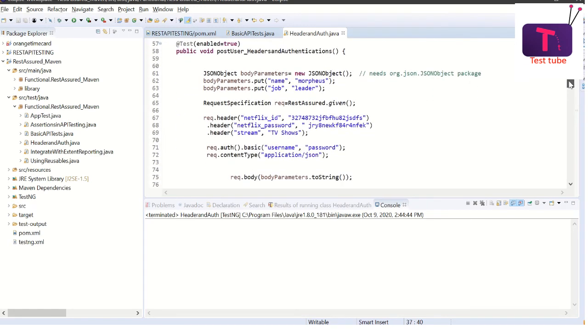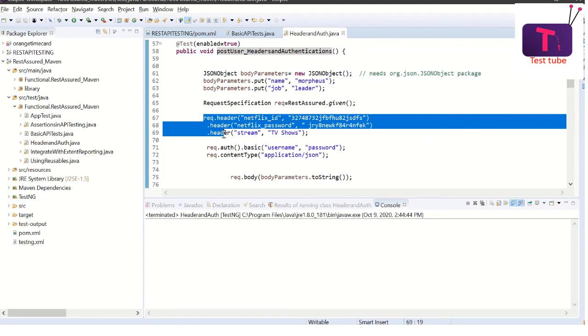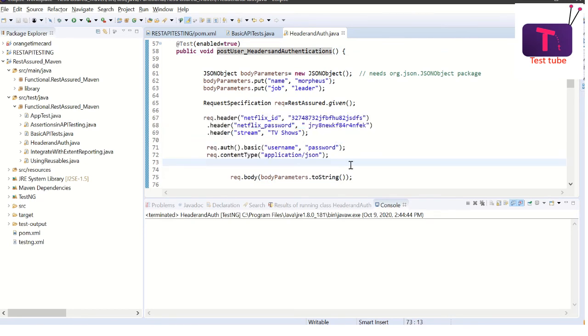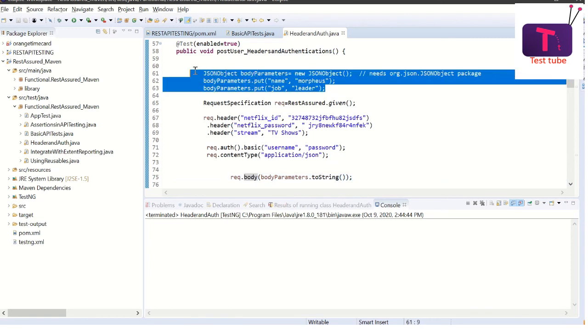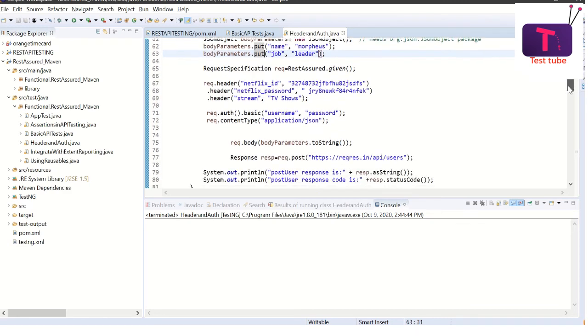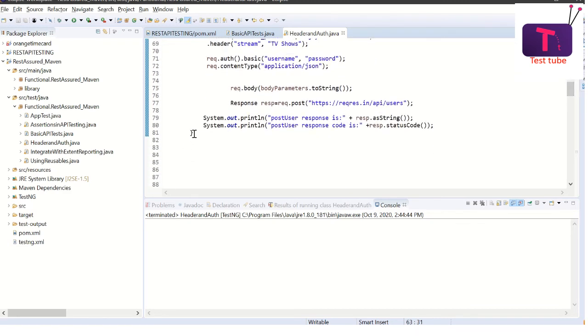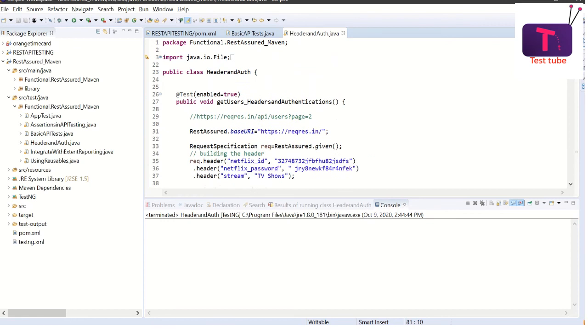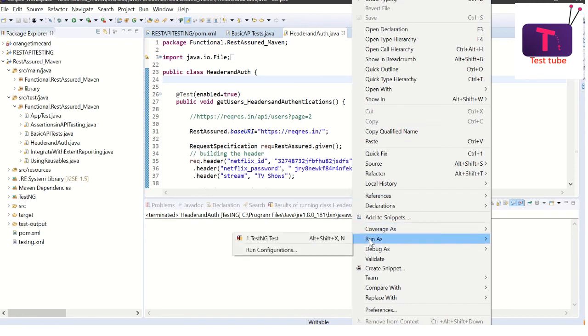In the same way we can do it for post user as well. We have defined the header, and we have defined the authentication and content type. In addition, we had to give the body as well. We have already seen how to send the body parameters using a JSON object. If you want to see that, just follow my previous video. That is how a post request is built. Similarly, we can do the same thing for patch and other requests, wherever they are looking for header parameters and authentication. All right, so now let me run this and see that there are no failures.